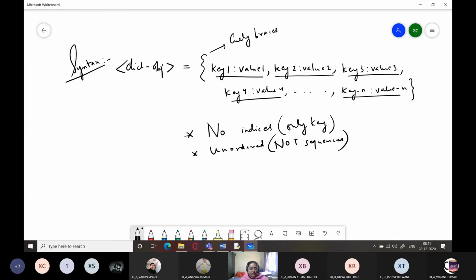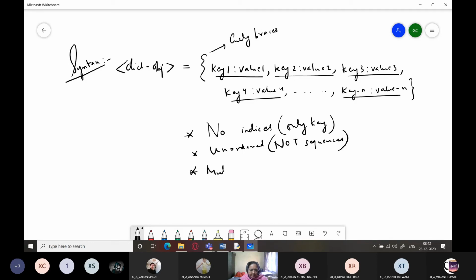So that is why sequences always have fixed ordinal numbers accessing each of the elements. But in a dictionary, because they are unordered, there is no specific order in which the key value pairs are stored. Hence, they are not sequences, and only keys can be used to access the elements.